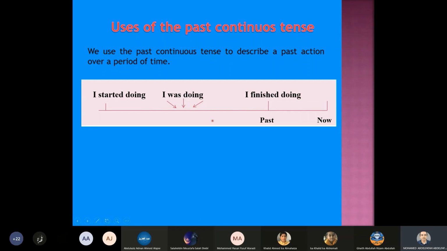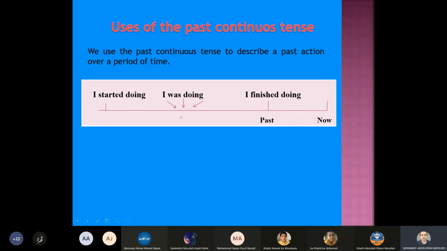Look here, students. This is now. We are learning English. We are in the class right now. We are listening to the teacher. The teacher is talking to us. So we are having an English lesson right now. But what about the past? If you talk about a specific time or period in the past, use the past simple. For example, I had a lesson yesterday. I studied my lessons yesterday.